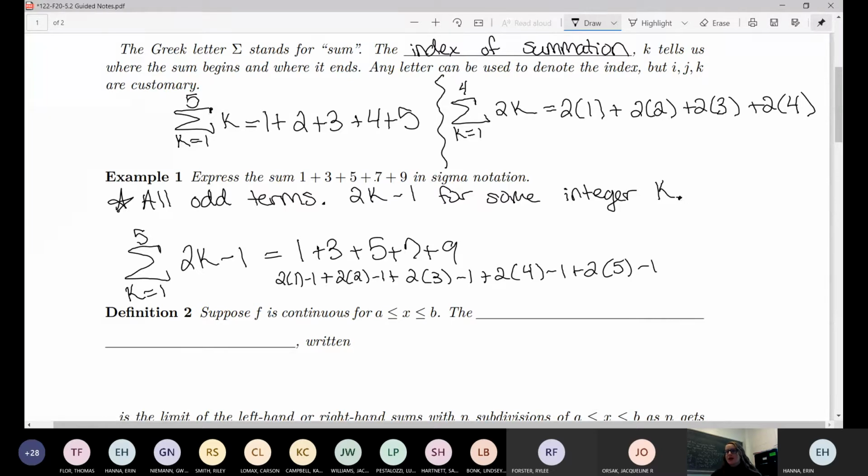So if I want to say that 9 is written as 2k minus 1, let me kind of come off to the side. If I want to write 9 as 2k minus 1,